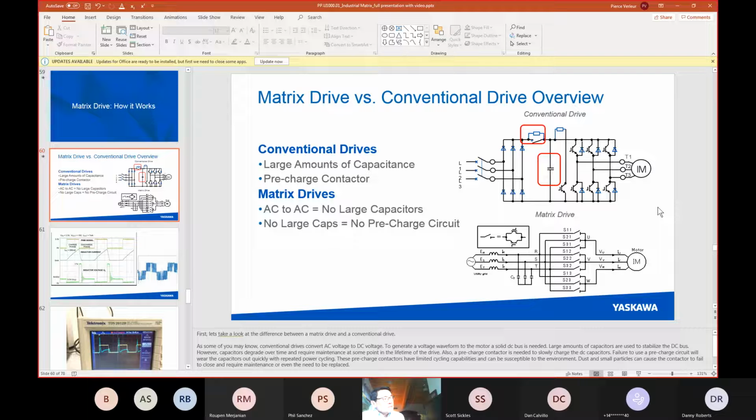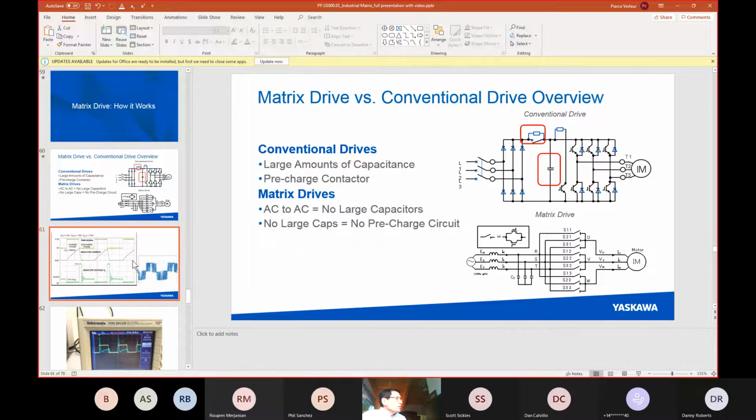And I'm going slowly because I want this to sink in. If you understand these basic concepts, understanding a PWM drive becomes very easy, and therefore understanding the matrix drive will become easier. So here is what we can do